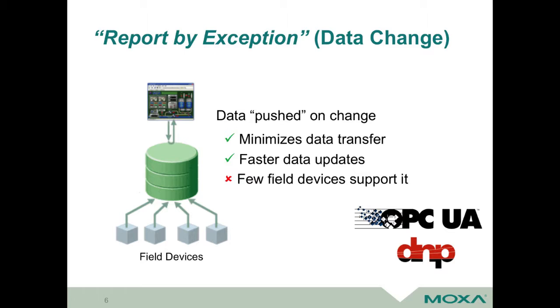There's not a lot of adoption out at the device level, with the exception of maybe Ethernet IP might be a good example of that, but maybe not so good for wider area networks in a SCADA device. Also, I guess I didn't neglect this one. If any of you are working with DNP protocol in the power segment, sometimes in water and wastewater, DNP has a polled mode as well as a report by exception mode, which can be pretty useful for some of those